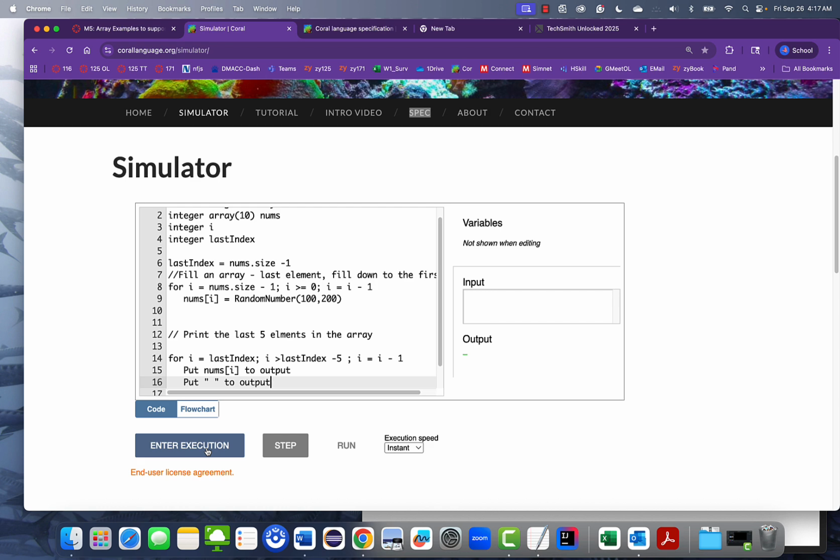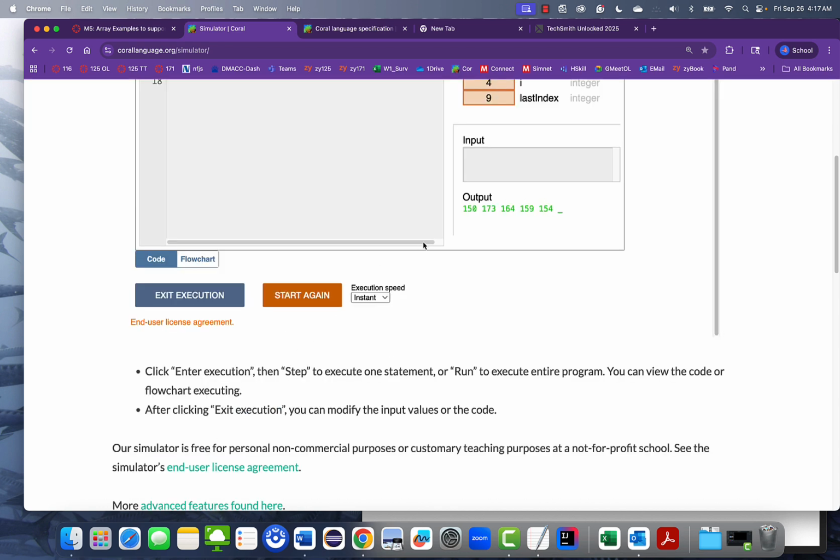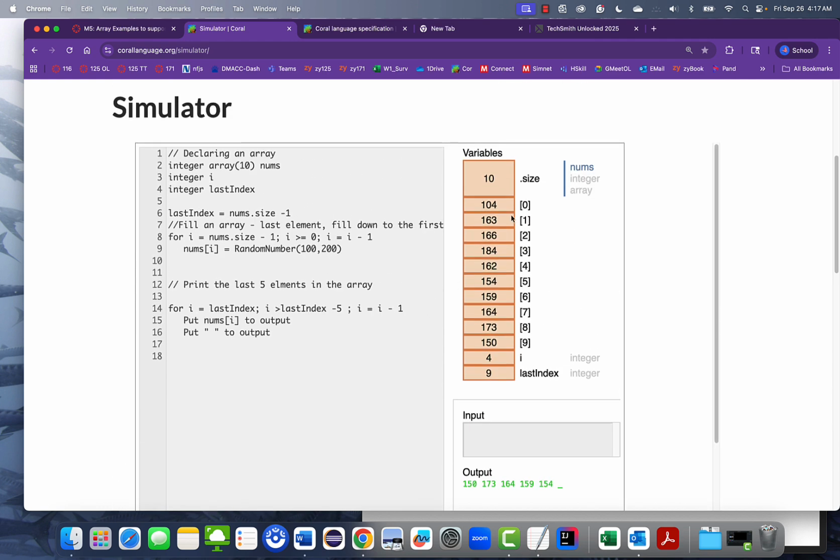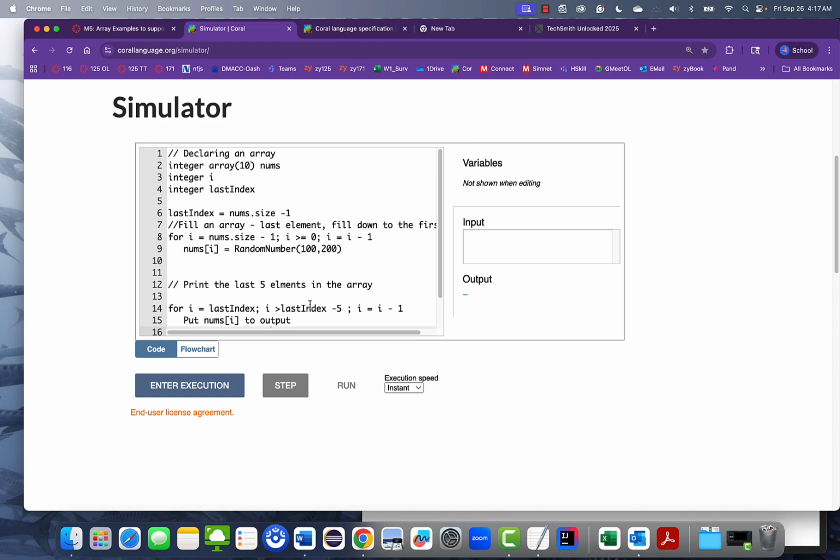Let's see if we get 5 elements or more than 5 elements printed. 1, 2, 3, 4, 5. So now I only have the last 5 elements that were printed out of that particular situation. What's kind of cool about working with arrays is if I go back in here,